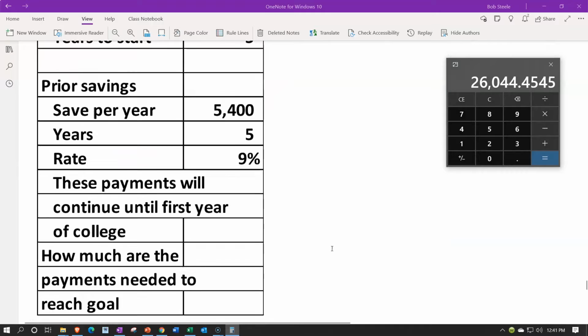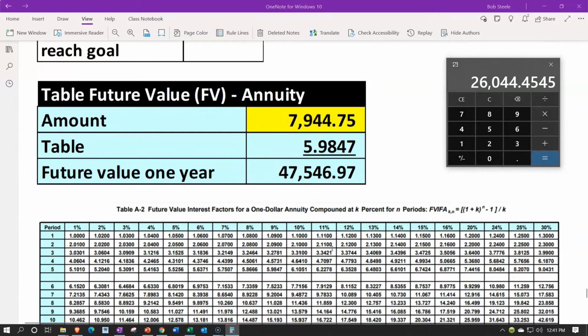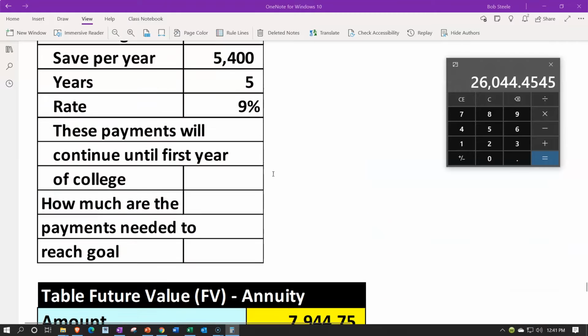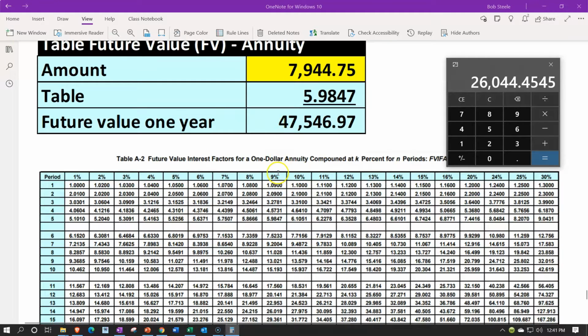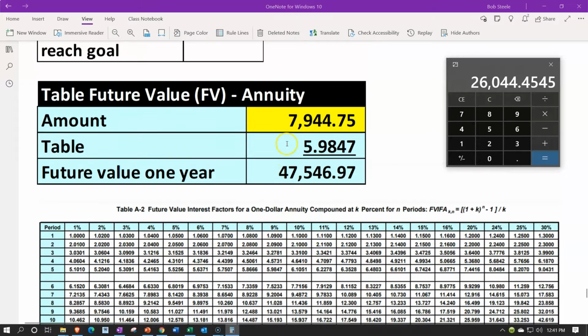Then scrolling down, we can also do this, of course, with the tables, but this time we're kind of backing into the yellow number. This is what we do not know. We know the ending balance, that 47,546.97, that's what we want to get to, and we can't find the amount on the table because it's 5 and 9, or 9 and 5, 5.9847. So then we can back into this number. In other words, usually it would be the payment times the table amount gives us the ending result. This time we got the ending result,